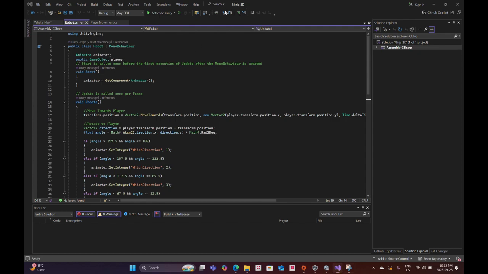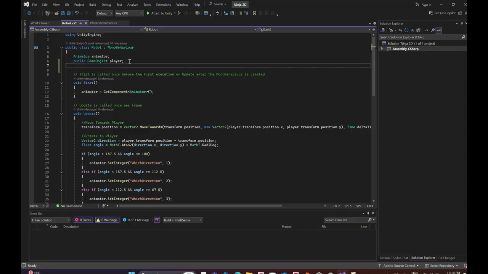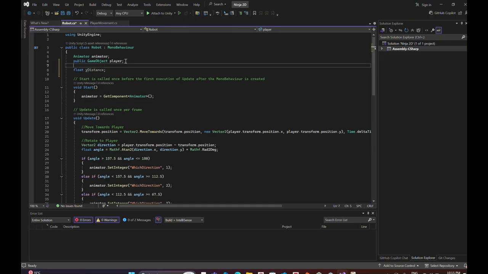and first what I'm going to do is create a variable. It's going to be a float called y distance. So the y distance from this robot to the player. And as you can see, I already have a public game object for the player, which I'm going to use in a bit. And in this start function, I'm going